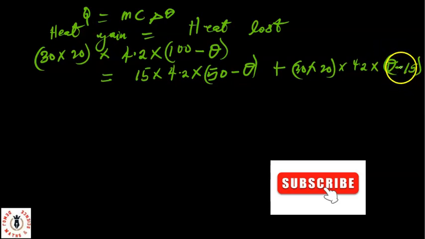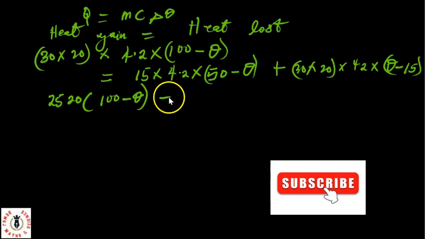So that for my heat loss, I have 600 times 4.2, that's 2520 into 100 minus theta equals 15 times 4.2, that's 63 into 50 minus theta